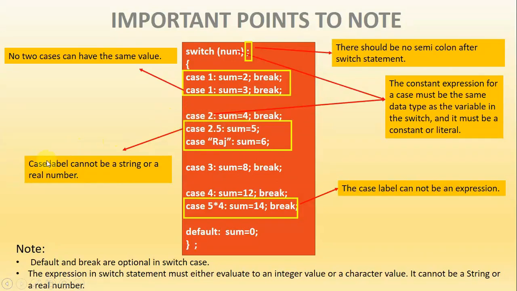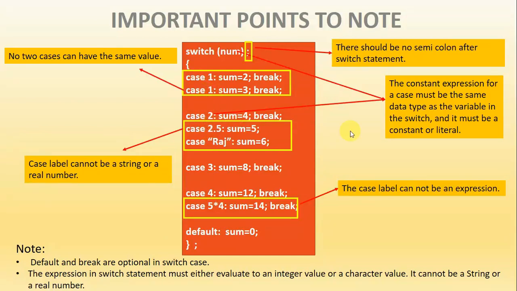So the next thing is, case labels cannot be a string or a real number. So this is very important. So if I give case 2.5, sum equal to 5, this is an invalid statement because case label cannot be a float. The next is case Raj. Here Raj is a string. So again the label cannot be of string type. So this again is invalid. We can have only integers or characters as